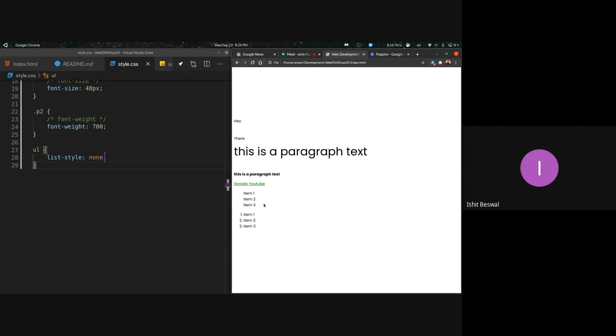So a place where you might want to use this is, imagine you have a navigation bar, right? So all the buttons there are a list, but you don't actually see a bullet point or an index assigned to them. So this is where the list style property with the value none is used.